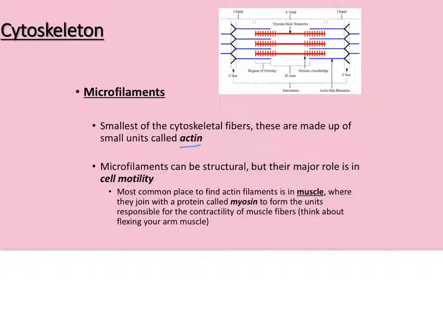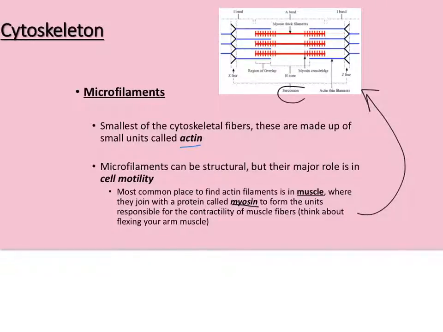Microfilaments have this tendency to allow you to generate force. They might help a cell move, so a single cell that generates force, or they might help muscle cells generate force in concert with other muscle cells, so that your entire big muscle on your arm or your leg or whatever can generate force to move your body. The most common place to see actin is in the muscles, and they join there with another protein called myosin to form these little units called